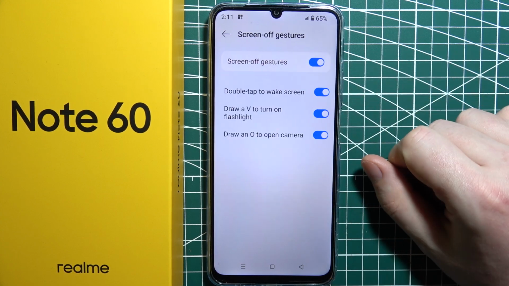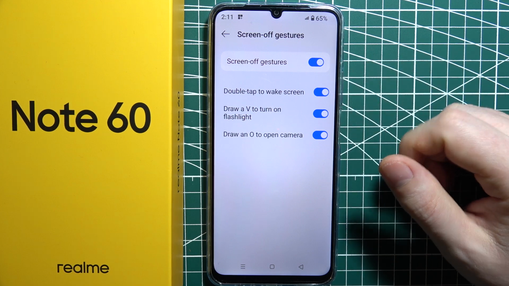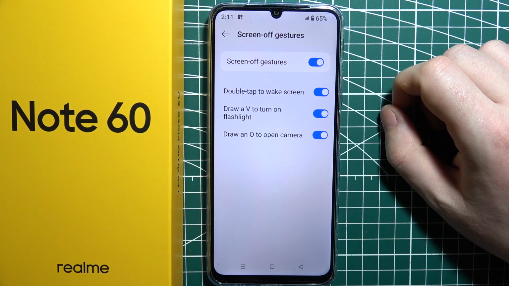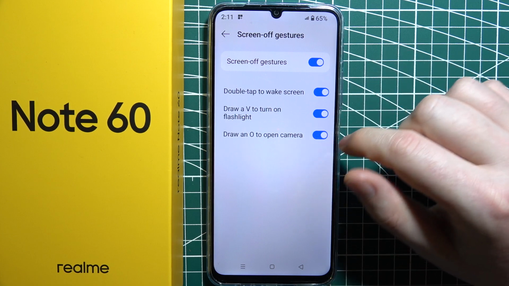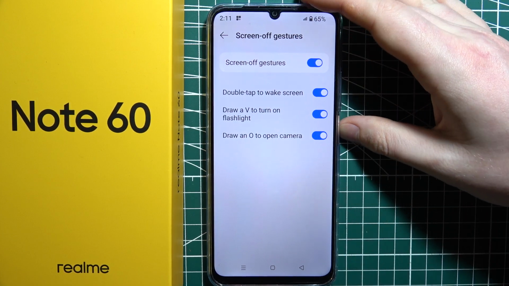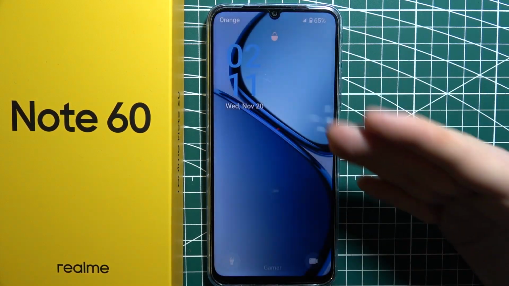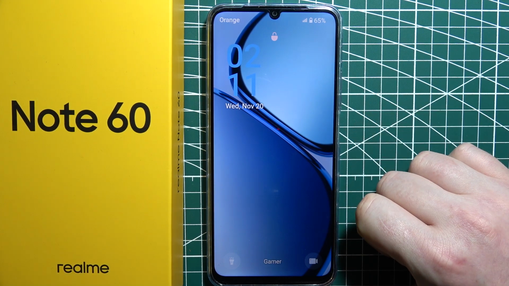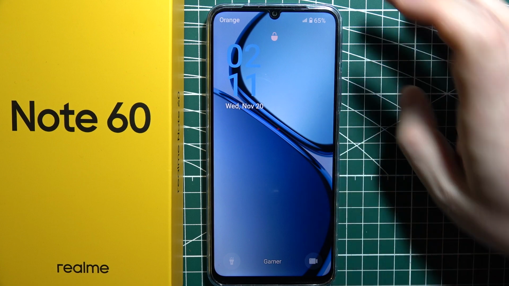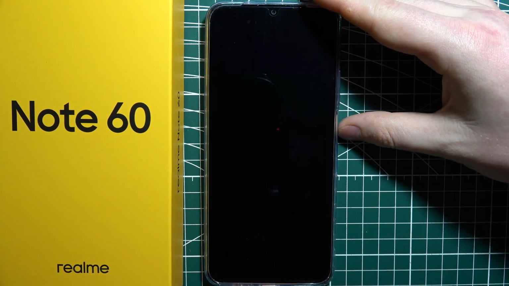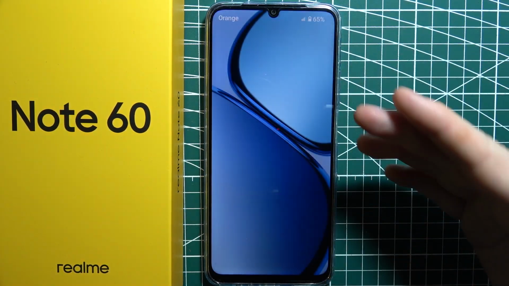Then there's a screen of gestures. When activated, you can activate three different options. There's double tap to wake up screen, draw V to turn on flashlight, and draw O to open camera. If we lock our device, we can double tap to wake up the screen. It won't unlock it. In this case, it will just wake it up. Then when it's locked again, we can do two things. Draw O to open camera,